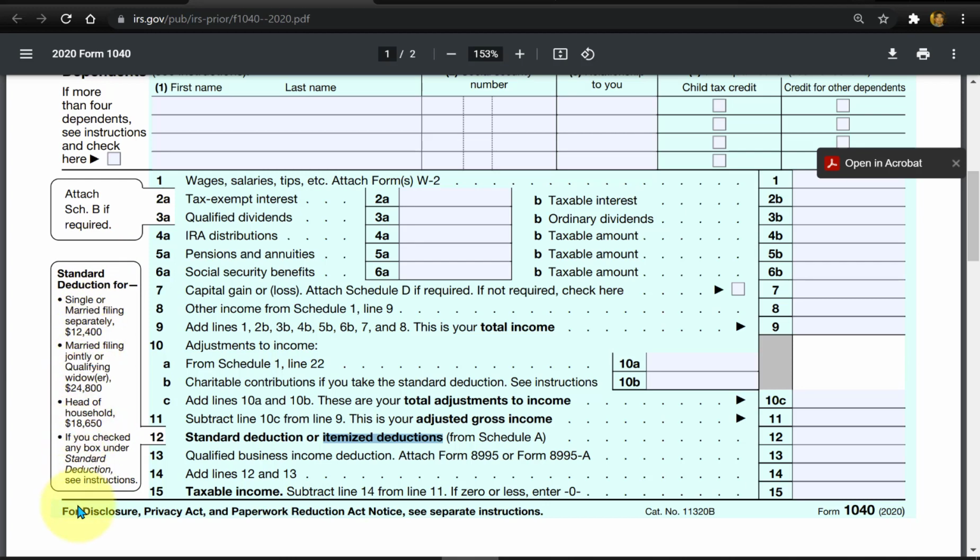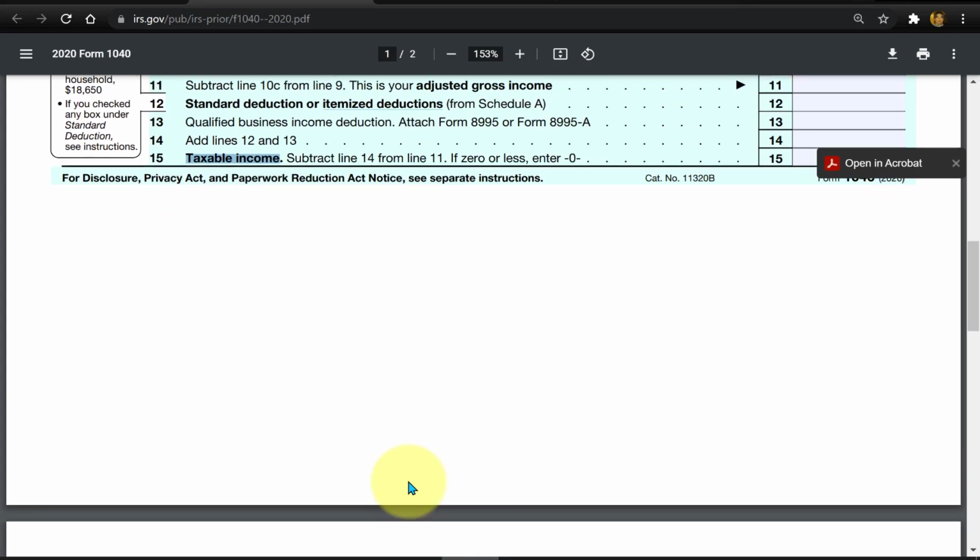all different possible standard deductions in our next video. If you are going to deduct itemized deductions, those have to be reported on a separate form called a Schedule A and attached to our 1040 form. Here's that qualified business income deduction we'll talk about next semester. And then after subtracting out standard or itemized, here's that taxable income number that we're going to be multiplying by the tax rates